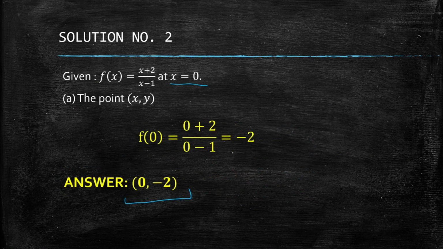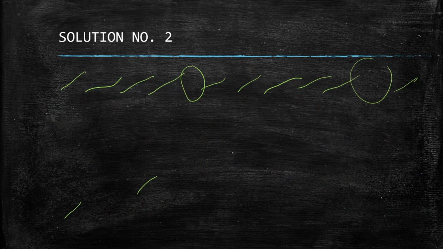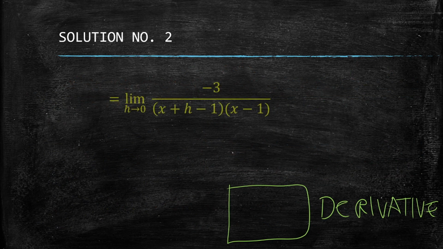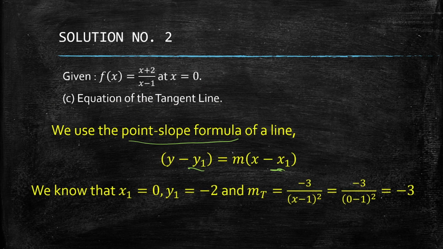We have x sub 1 here being 0 and y sub 1 being negative 2. So from there, we have x sub 1 and y sub 1 negative 2, and we know the slope of the tangent